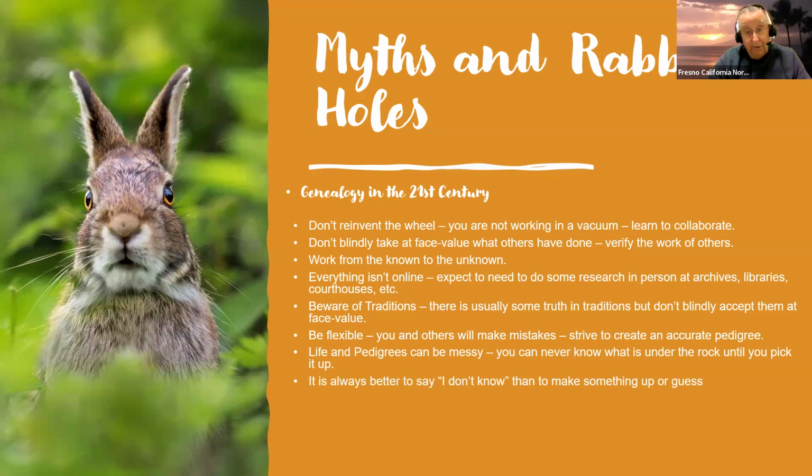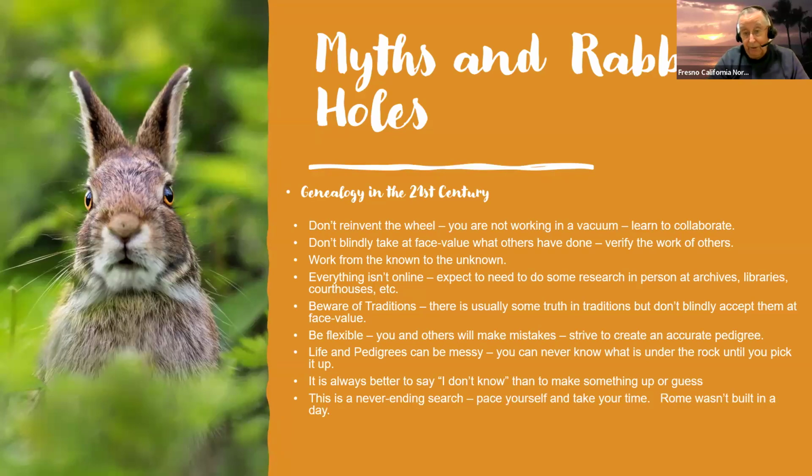And also, it's much better to say, I don't know, than to make up something or guess. And I see that all the time on Tree. At the end of lines, people just can't be happy that it's an end of line. And they will go and add a family in there to be the parents because they've got to have parents. And they'll just make up people that make no sense whatsoever. And I really feel bad because at the end of almost every line, there's 2 or 3 families like that that have been added in that have no bearing on truth and reality. So, just say, I don't know if you don't know.